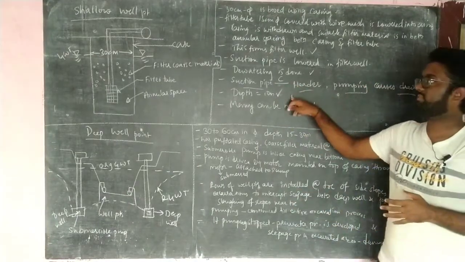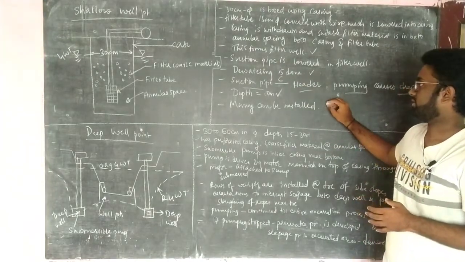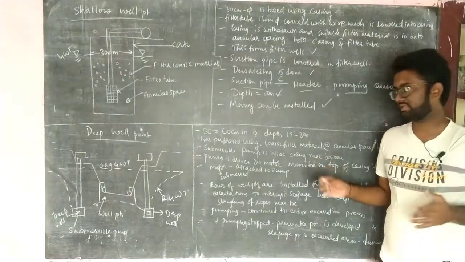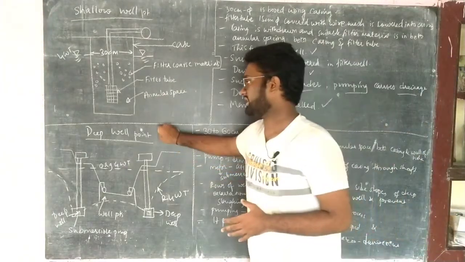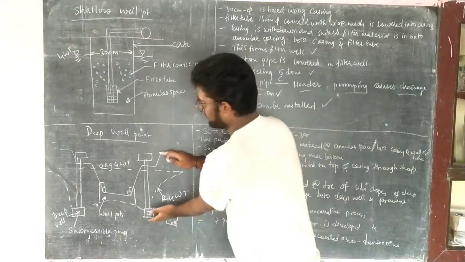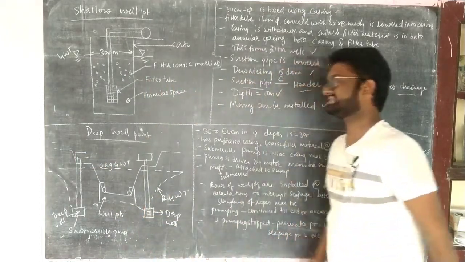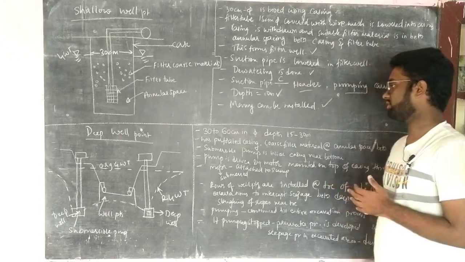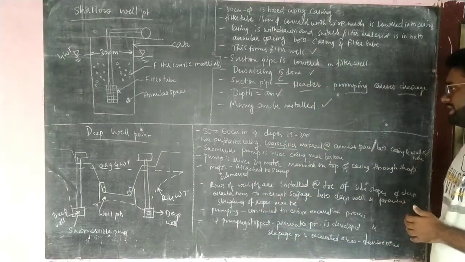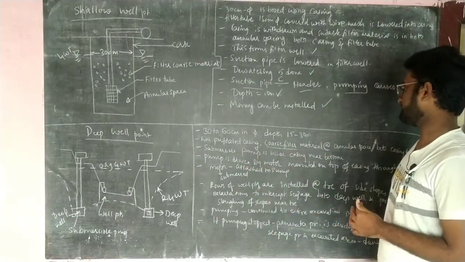Till the depth of 10 meter, the shallow well point can be excavated, and many such shallow well points can be installed in our locality or our area. Coming to the next one, that is the deep well point. The depth is up to 15 to 30 meter and the diameter is 30 to 60 centimeter. Between the casing and the wall of the hole, it has a certain amount of coarse filler material. It also has a submersible pump which is present inside the casing near the bottom.